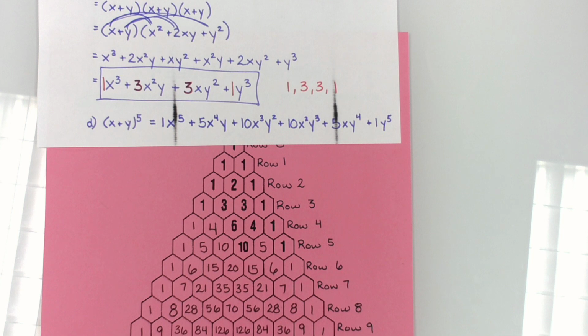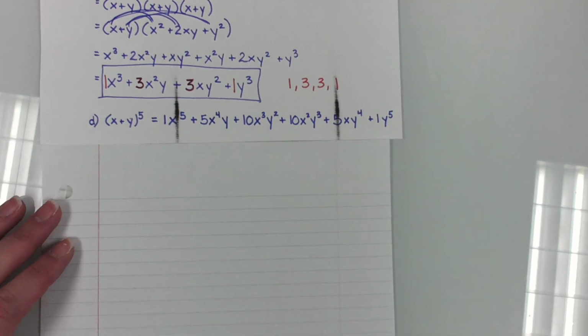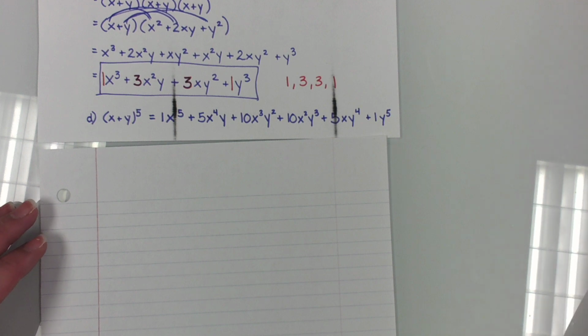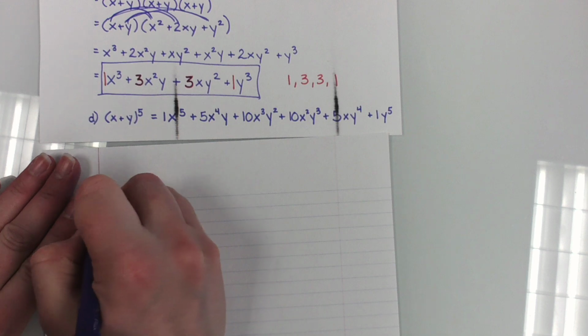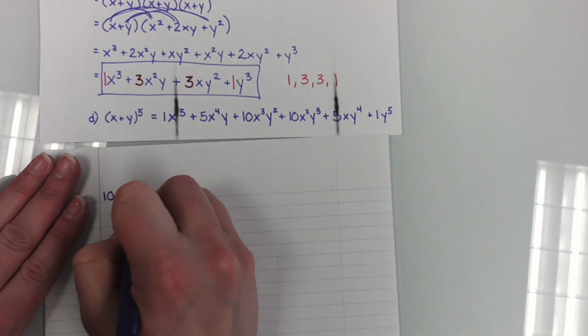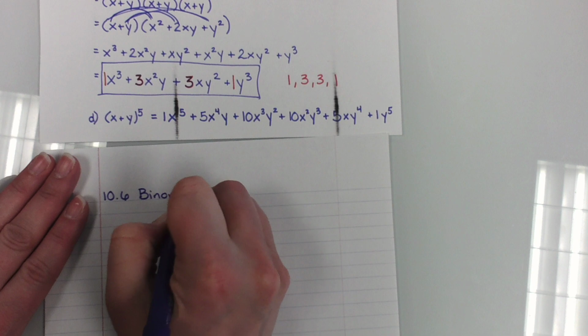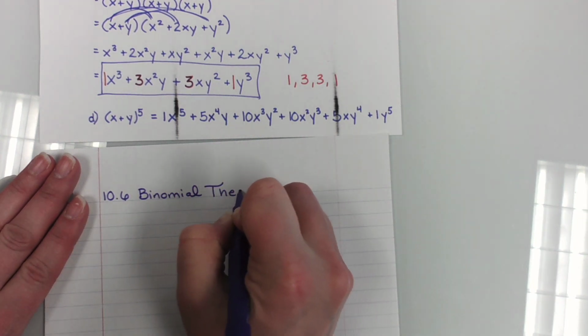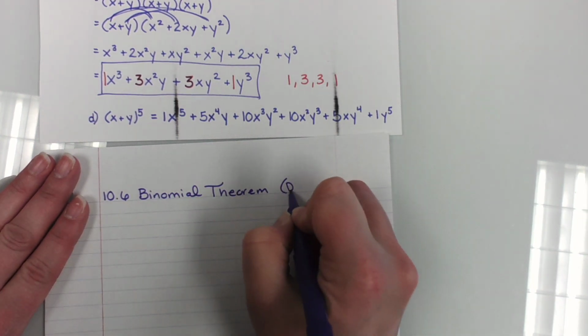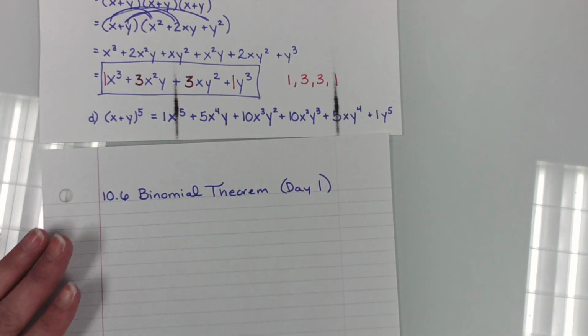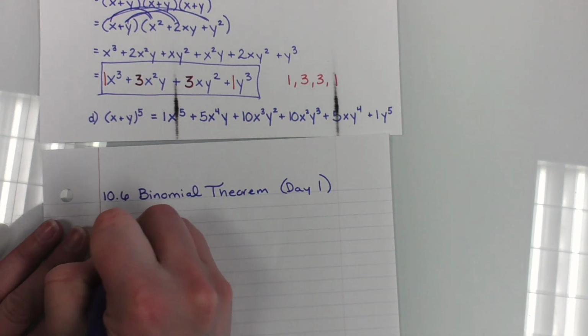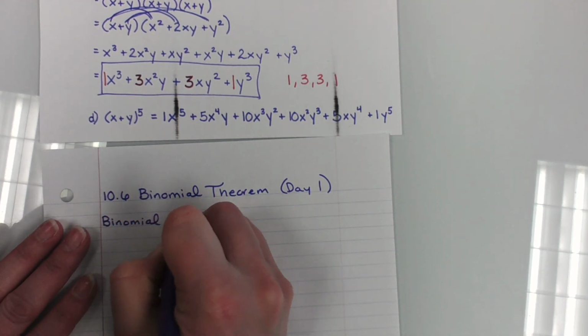So, this is where we're going in section 10.6. Section 10.6 is called the Binomial Theorem. Technically, this is day 1. The binomial theorem